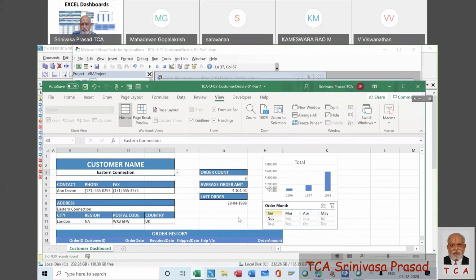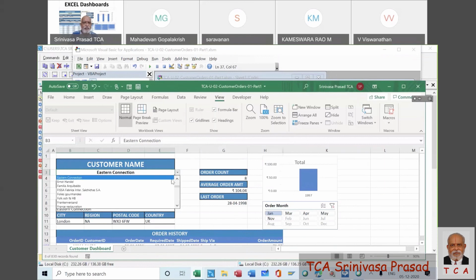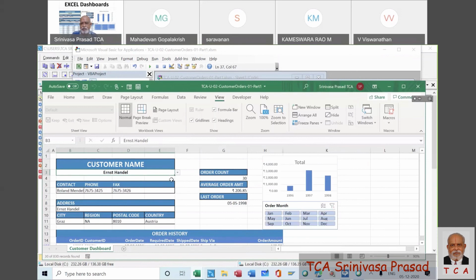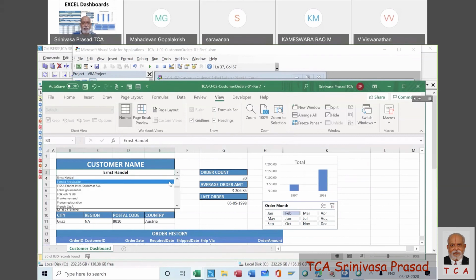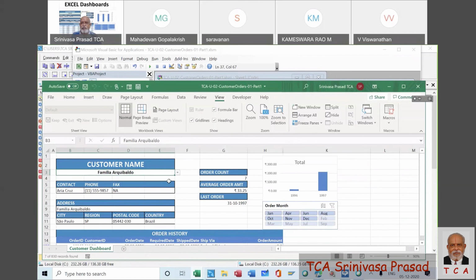Suppose I take January, then for Eastern Connection, let us see whether that is working, because we wanted that also. For the next customer, all months should come. Yes, it has come. Earlier, when I selected another customer, it was only showing February.